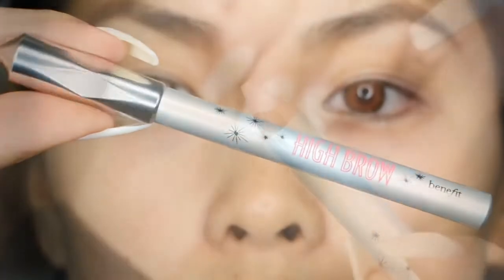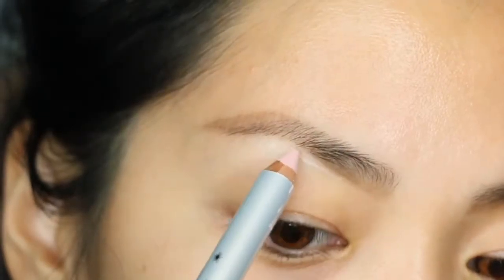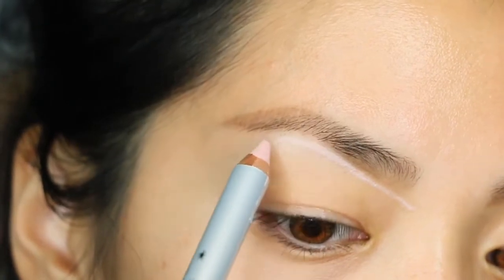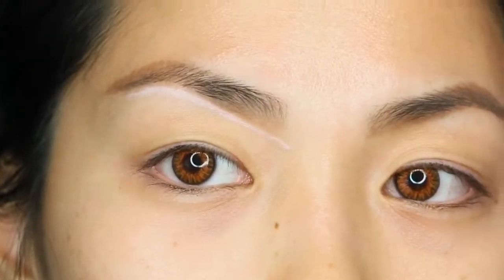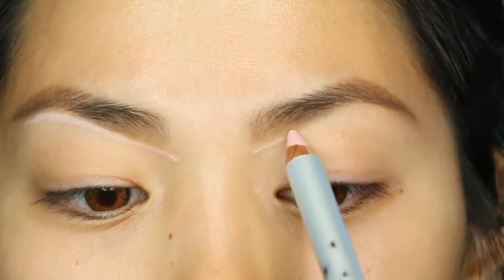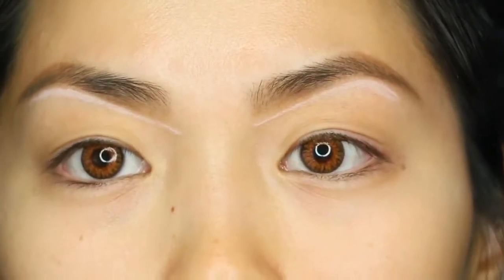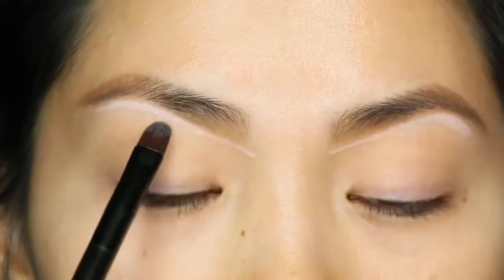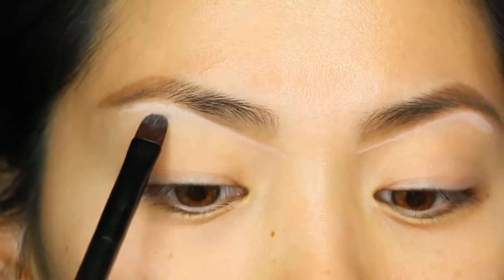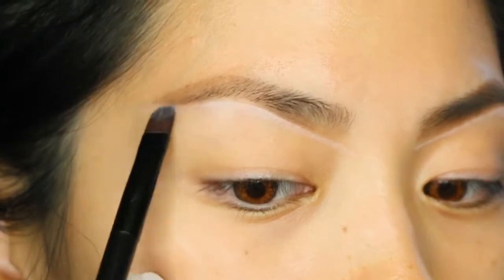Next, we're going to move on to the Benefit Cosmetics Highbrow Highlight and Lift Pencil, which retails for $22. You get 0.1 ounces of product, which is a lot of product, because a little bit goes such a long way. As you can see, I am just lining the underlining of my eyes. In my preference, I do the angle kind of shape, and I just slightly apply it because it's very, very pigmented, and it is described as a universally flattering linen pink shade. It's very pale pink, and I don't know if it works out for every skin tone, but for mine it